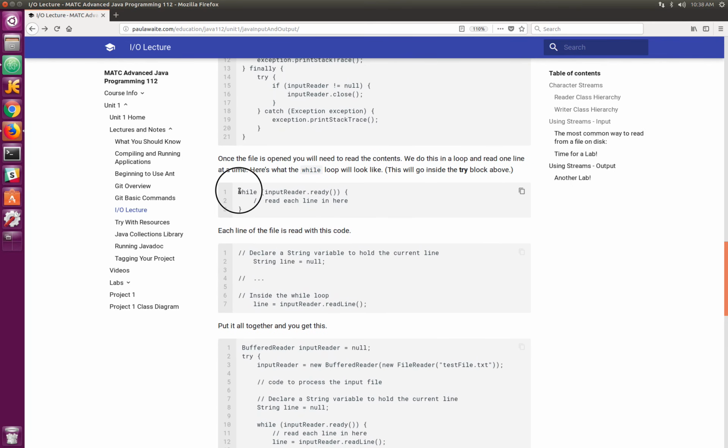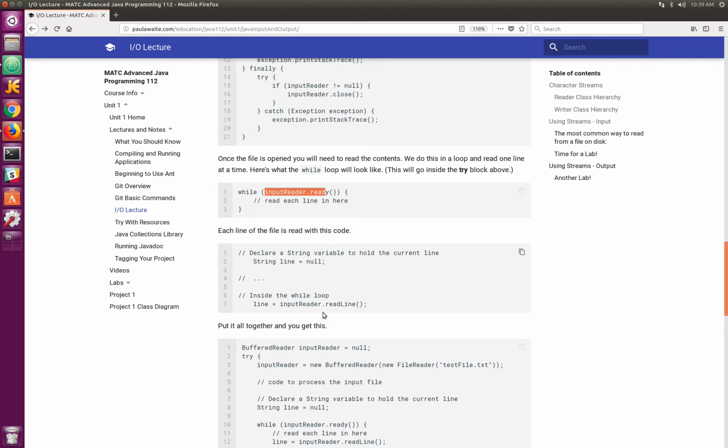And so here is that while loop that I mentioned earlier. And here we've got a call to that ready method on our buffered reader. And what that's doing is seeing, okay, is there more data to read? And have I connected the file? Is there data there to read? And so we do use this ready method. It returns a Boolean. So as long as we're connected, there's more stuff to read,